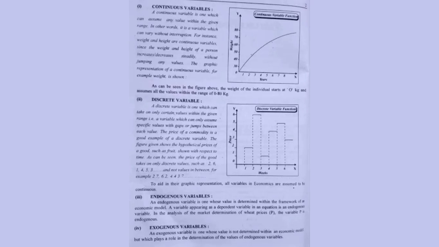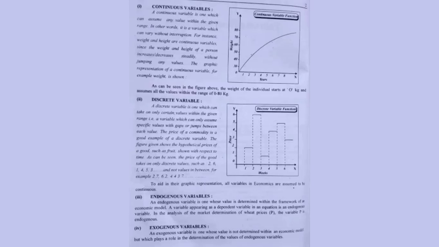What about the discrete variable? Discrete variable, that is a countable variable. If it is countable, then we can easily define this sort of variable in terms of number of students in a class. You can count each of them, 1, 2, 3, 4, 5, 6, and 7. Another example is the number of chairs in a classroom, you can also count those. Any other variable that you can count, or it contains the jumps, or it contains the gaps between the values.